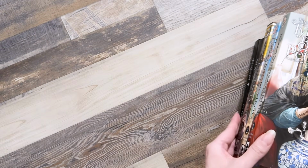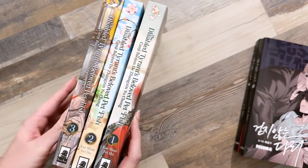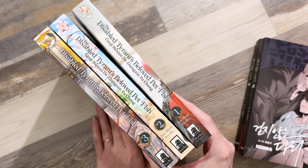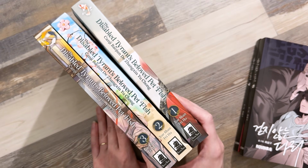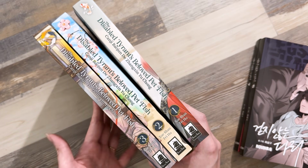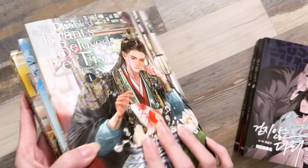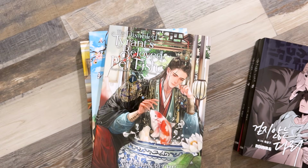The next series, I got 3 volumes for The Disabled Tyrant's Beloved Pet Fish. I loved this one. I read it last year. I think I read it in December, and I had got the ebooks because my friends kept recommending it, so I wanted to try it out, but I honestly didn't think that I was going to like it as much as I did. But I only have the first 3 volumes because I wanted the volume 4 special edition,